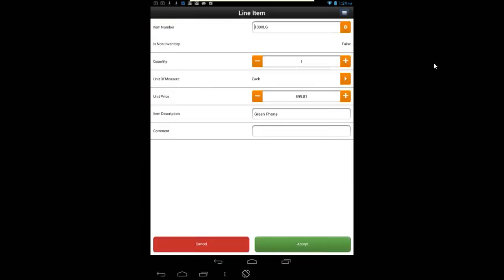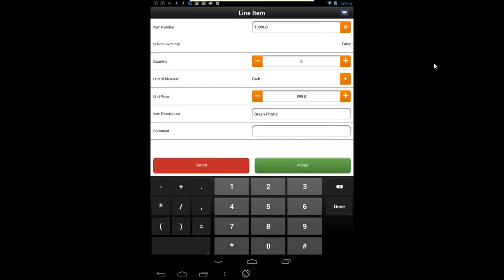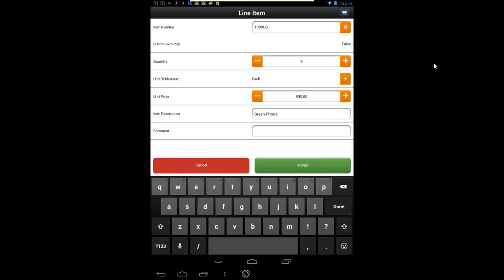I can select my green phone. Now, Bob said that, you know, he really likes me today, so he's going to increase his order to 3 green phones. I can let him know that the unit price on this item for him is $899. He kind of goes back and forth with me on that, and if I needed to, and if I had the authority to do so, I could edit that pricing if need be. So instead of $899, today I'm going to charge Bob $890, and maybe make a comment,